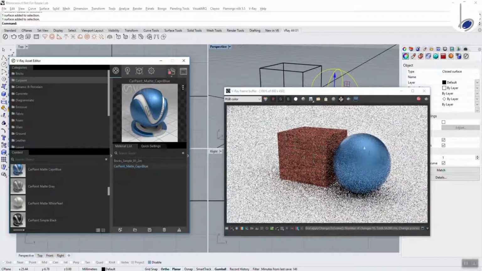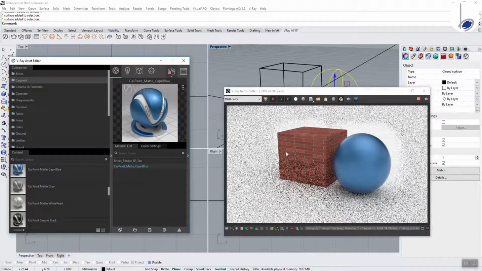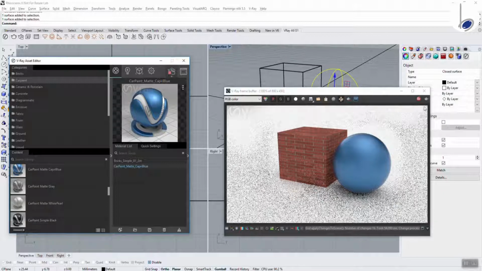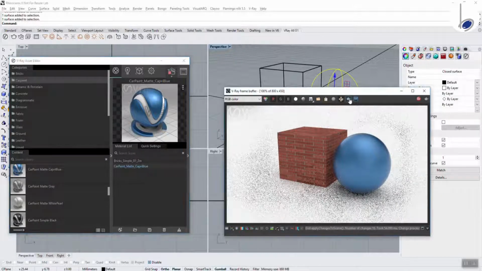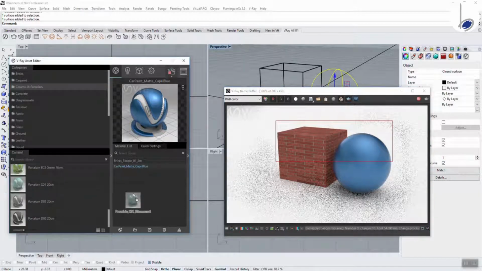Observe we have less reflective matte material here. We know that the area that is not affected need not be rendered again and again. For example, this white portion. Hence, instead of waiting for the surrounding to be cleared, what we can do is opt for region render. This box will allow only this part of the entire output to be rendered.